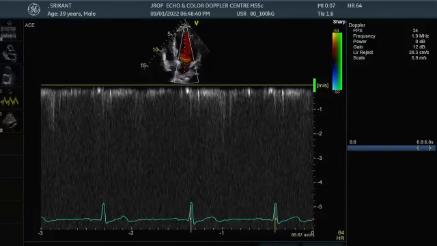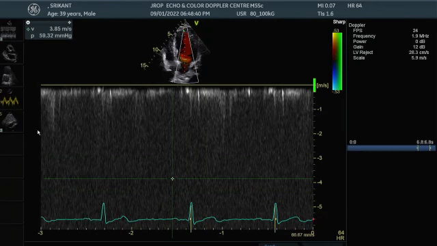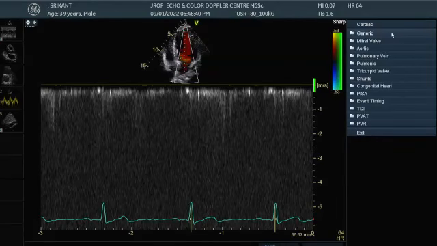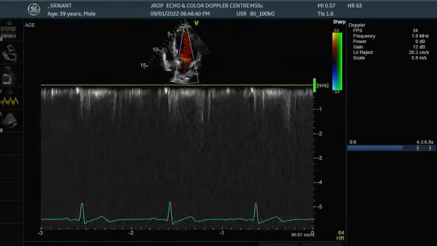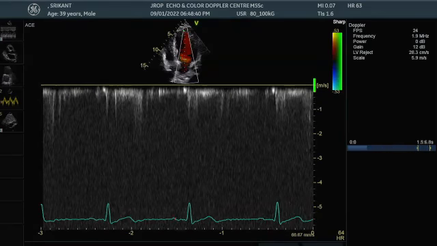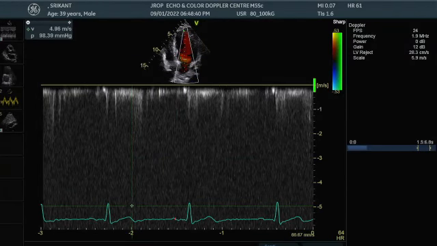So in this subject, whatever I could get is somewhere the peak of this MR jet. You look, the peak is coming from this point. So if you have a good MR jet, let me just scroll down and see. So this is the peak of this MR jet. So let's measure this. The peak of MR jet is almost 4 point something. So the peak of MR jet is 4.89 and the gradient is 95 millimeters of mercury.